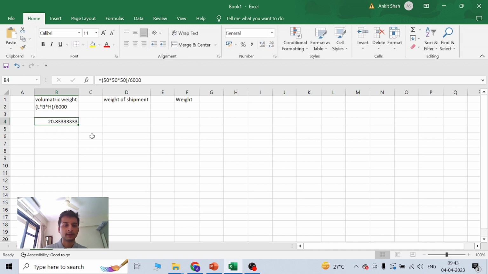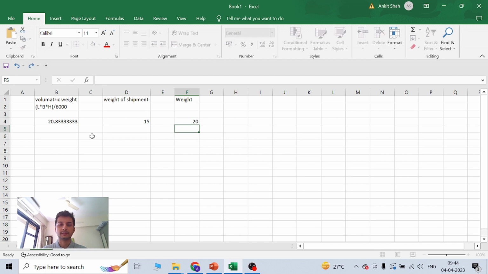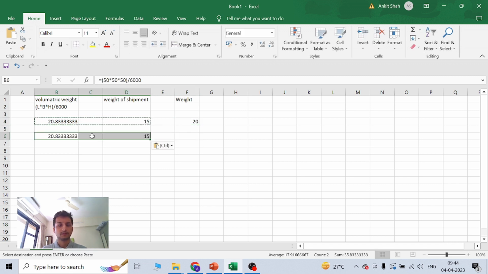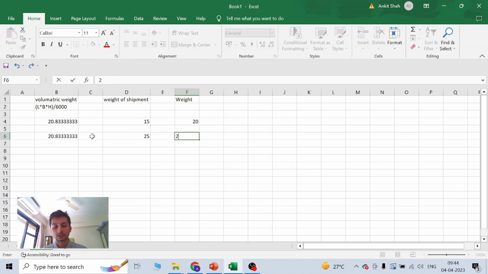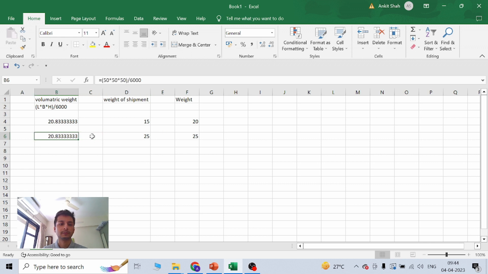Here the volumetric weight is 20 kgs. Suppose your shipment is 15 kgs, we will not take 15 kgs, we will take 20 kgs. Again, suppose the shipment weight is 25 kgs, we will take 25 kgs. So there is volumetric weight and the actual weight of the shipment, and whichever is higher is taken.